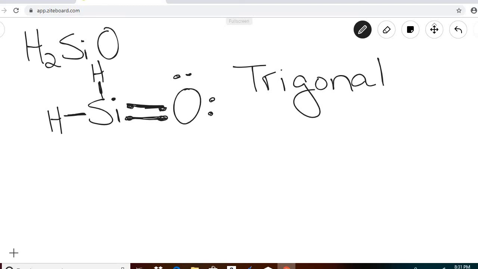And we would draw the stick figure to look like this. So we put the silicon here, we put each of the hydrogens like this, and then